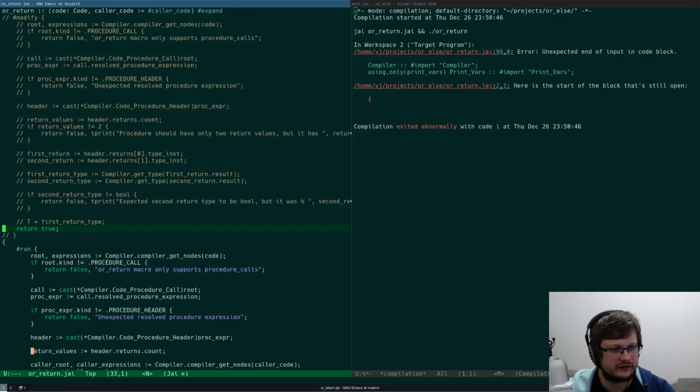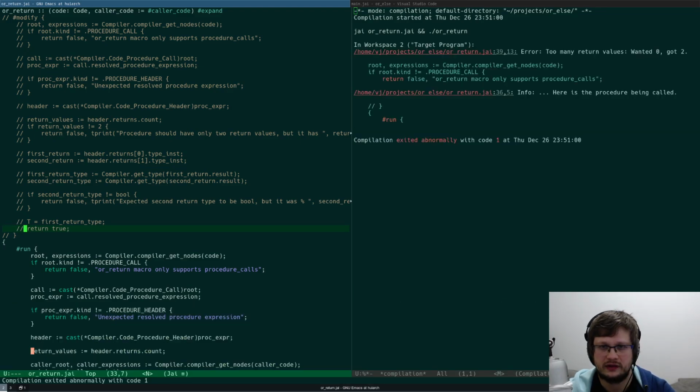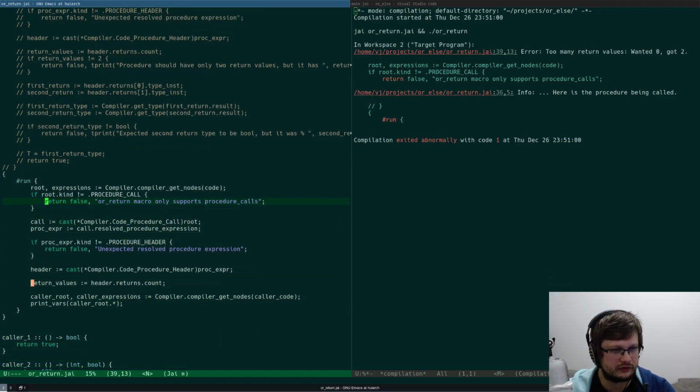Wait. Oh, I forgot to comment this out. Too many return values. Wanted 0, got 2. Where is return? Oh, it's not return false because this needs to be an assert. And then like that.